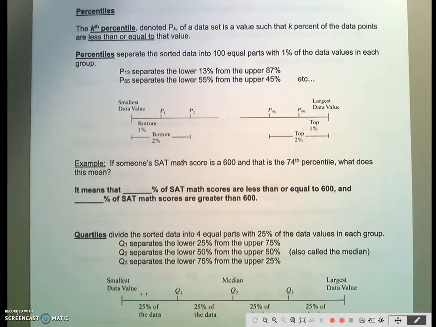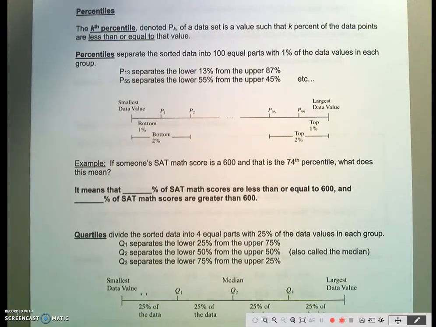Another way that we can measure position is by using something called percentiles. So we're going to talk about percentiles and we're going to talk about quartiles. If you think of them as pennies and quarters, I think that would be very helpful. I'll help you remember. So percentiles are used when you're ranking and you want to know where you fall within